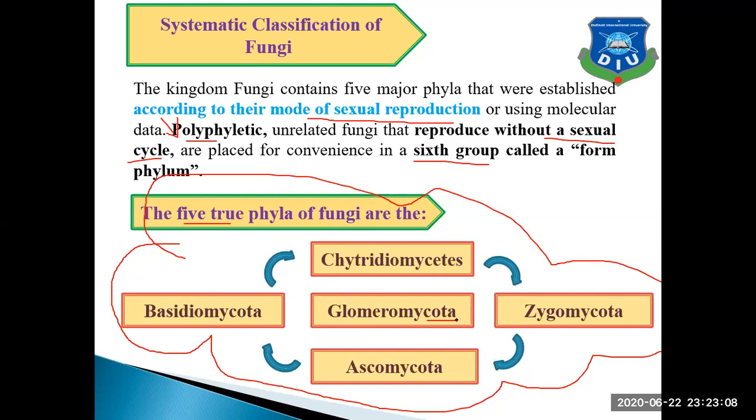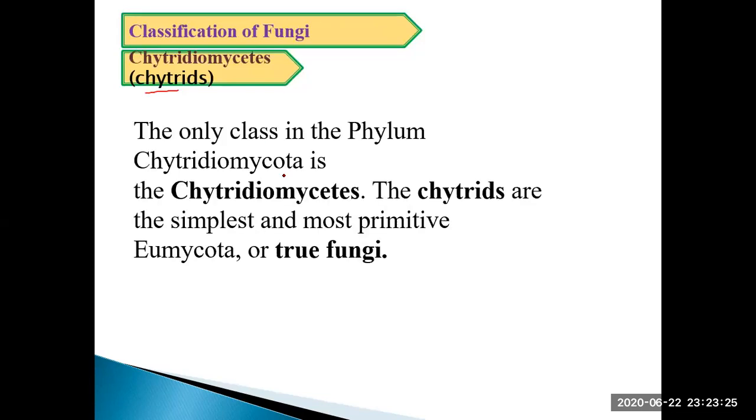You can say mycota or mycetes; they are the same thing. Okay, so we will start with Chytridiomycetes, or you can say Chytridiomycota, and in short, they are called chytrids. So what is that? That is the only class in the phylum. In the case of that phylum, only one is present, the chytrids, and these chytrids are the simplest